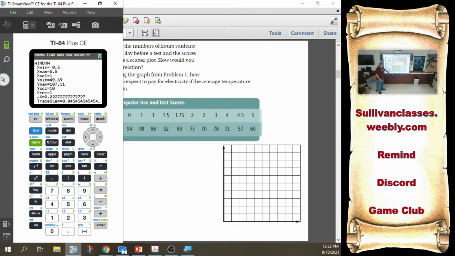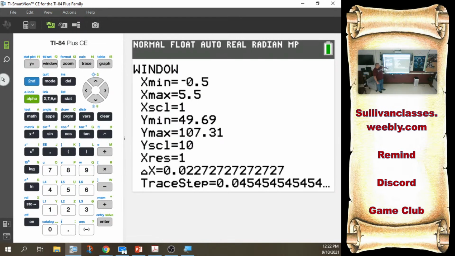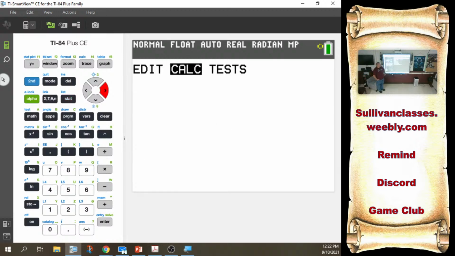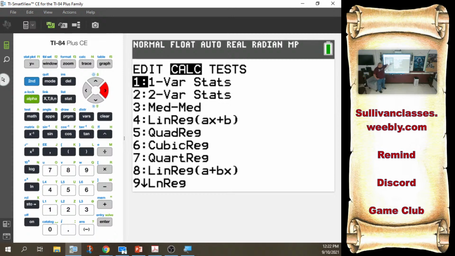I want you to get used to where this is. Stat. I will calculate, and there's all different types of regression here. We're actually going to see a good chunk of these this year. Linear regression. Doesn't this ax plus b look kind of familiar? Y equals mx plus b. If I go to linear regression